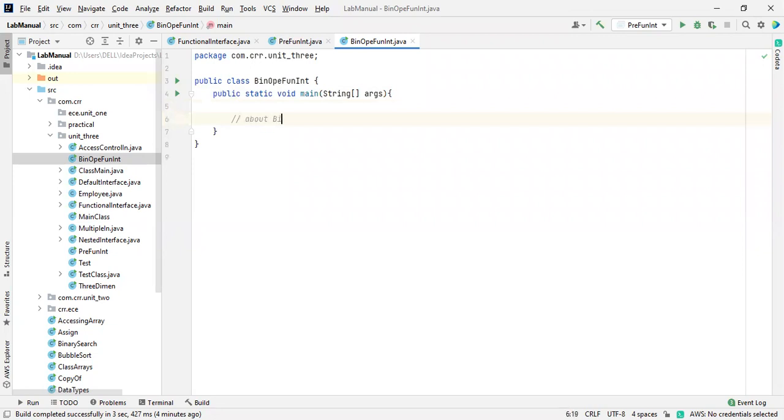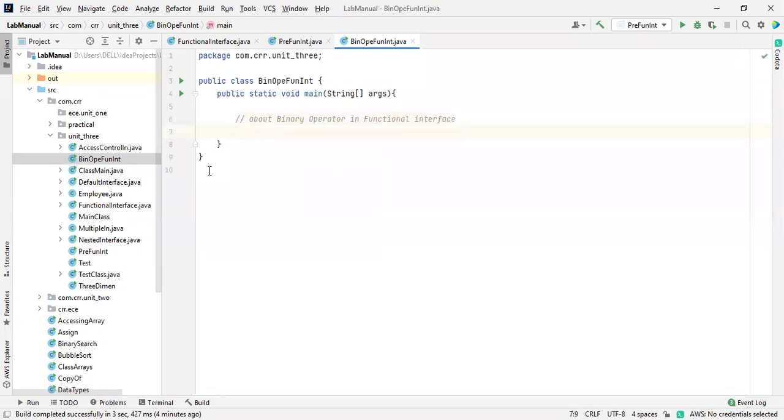About binary operator in functional interface. Okay. So for this, I'm going to take two values. Wait a second. Share this out. Where is this?